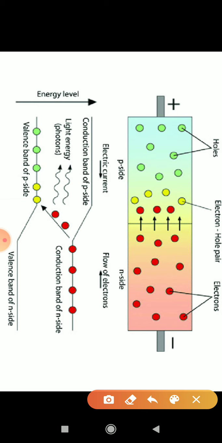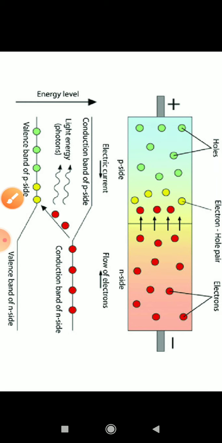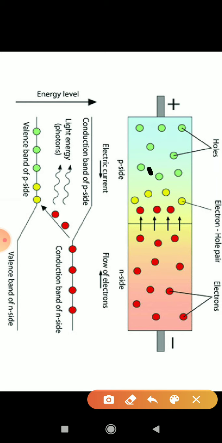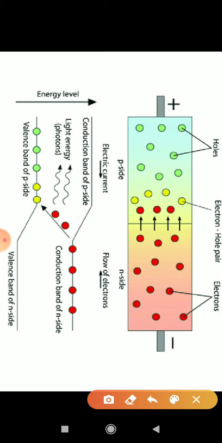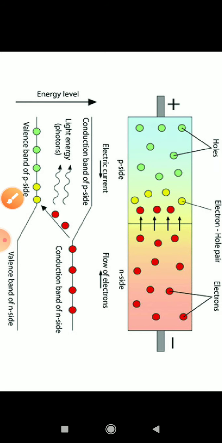Let us try to understand the principle of light emitting diode. As you can see in the diagram, it just shows a forward biased PN junction diode. So here you can see that on N side it contains red color electrons which are majority carriers, and on P side it contains green color holes which are majority carriers. When this diode is forward biased, then the red color electrons cross the junction and join with the holes, thereby creating a stable atomic configuration.